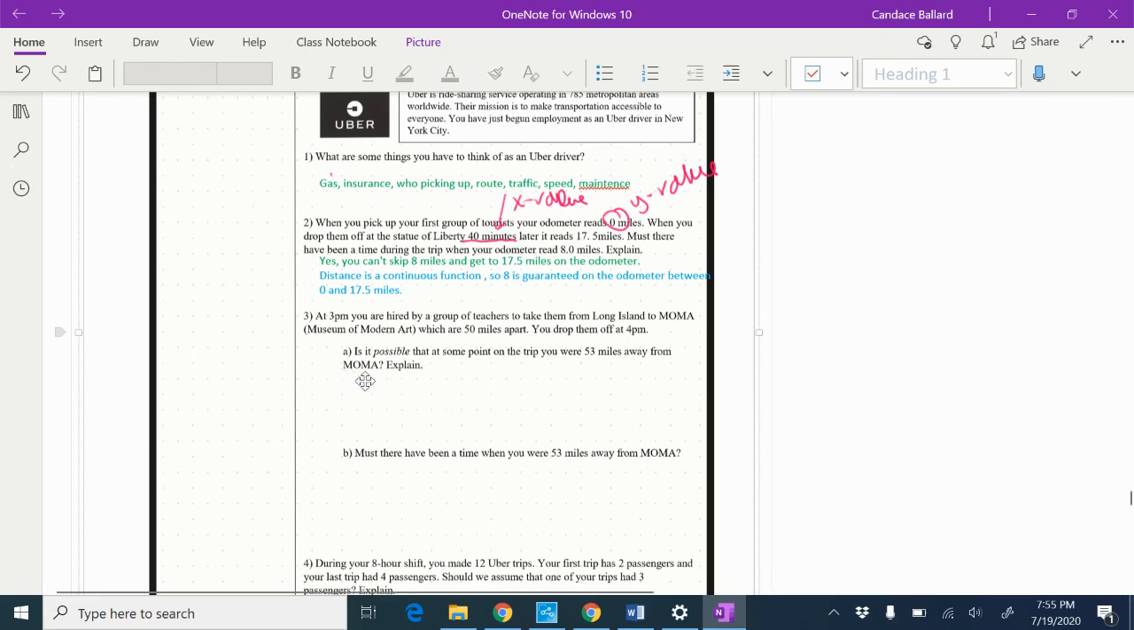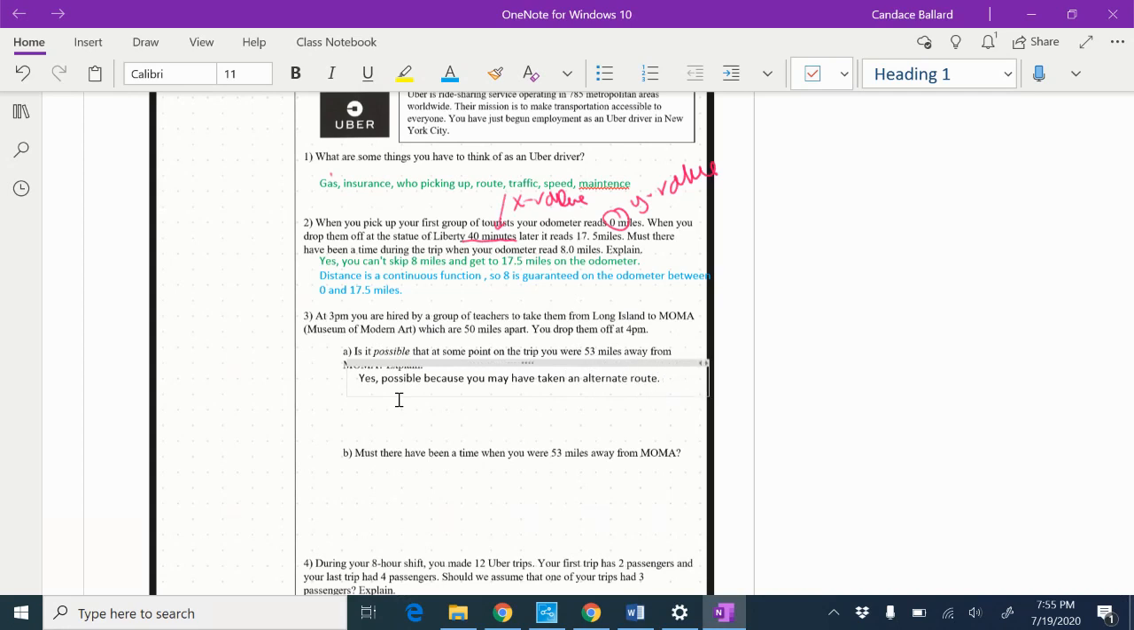So what do you guys think about that? If you had to have taken an alternate route, which may have gotten you there faster because of traffic, it is possible. So yes, it's possible because you may have taken an alternate route. Okay. And then a little bit of commentary on that